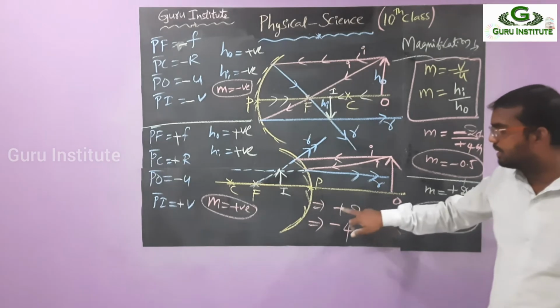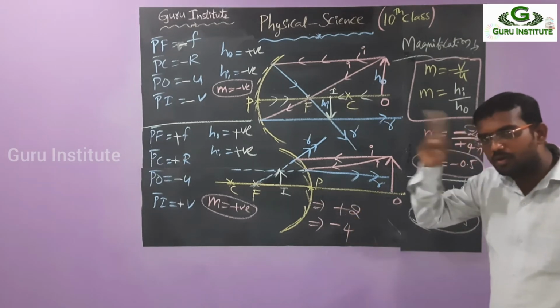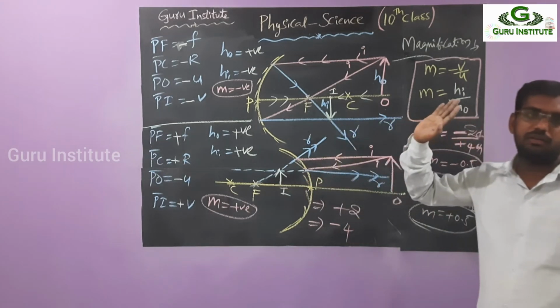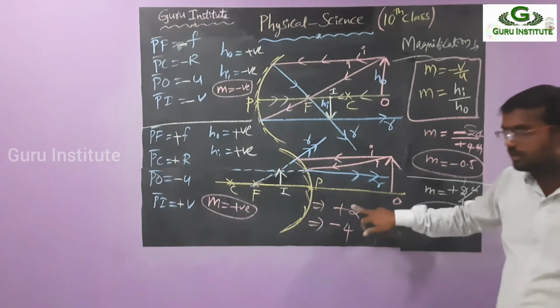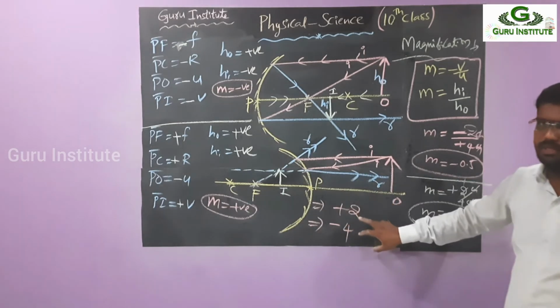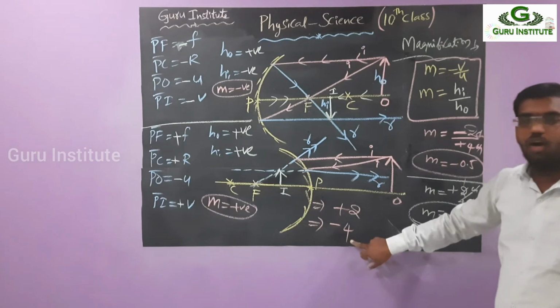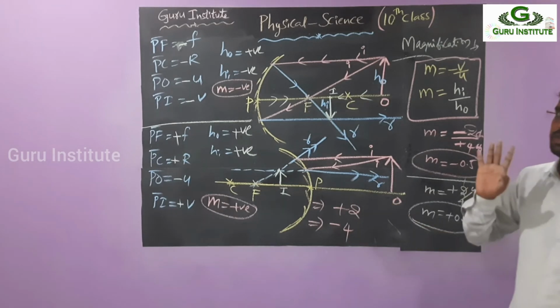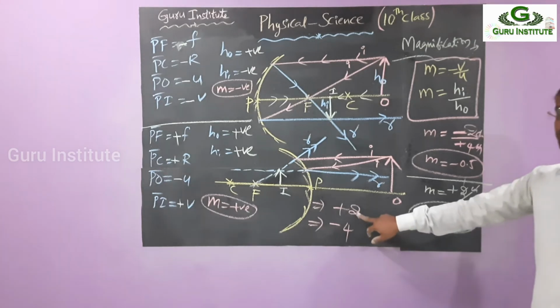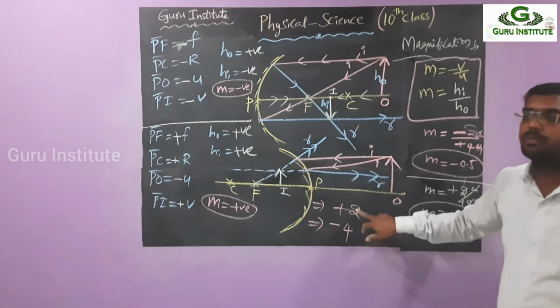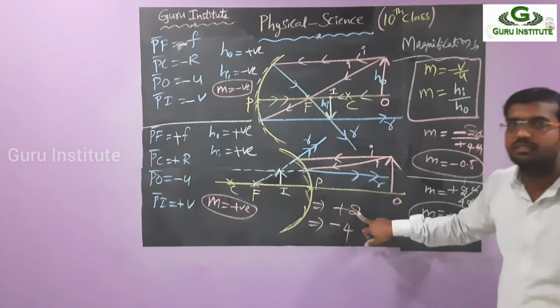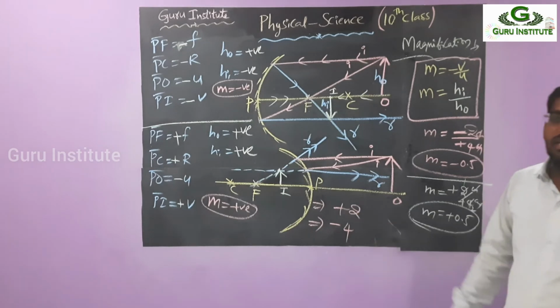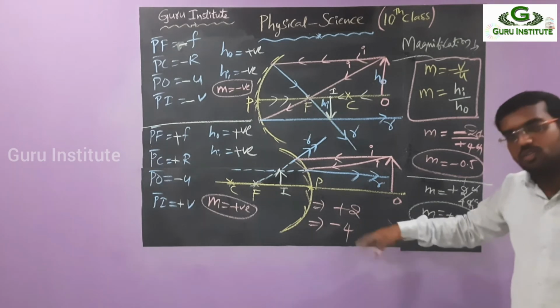Then what can you tell? Plus 2. Simply positive means you can know it is a convex mirror. This first one is a convex mirror. This is negative. No need to see the numbers. Negative means this is the concave mirror. First case belongs to convex mirror, second case belongs to concave mirror. First point is over. Then nature. This is above one, greater than one, so the image size is enlarged. Here also, this is greater than 1, so the image size is enlarged.